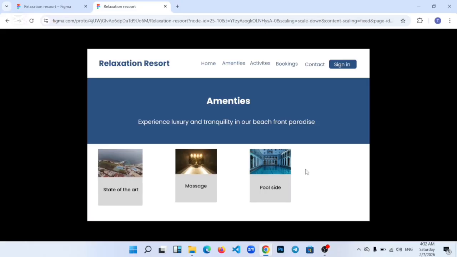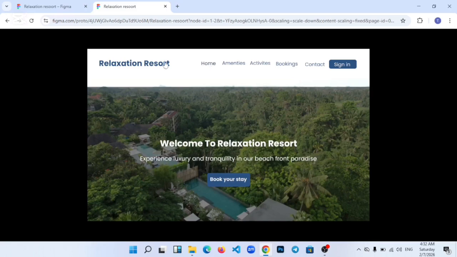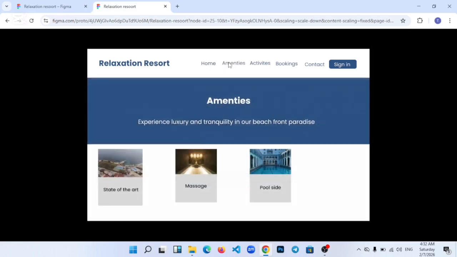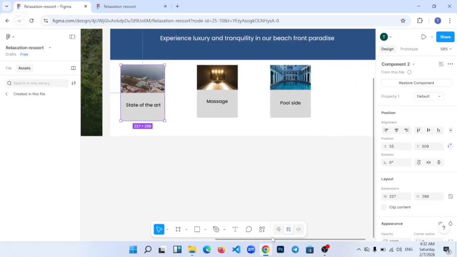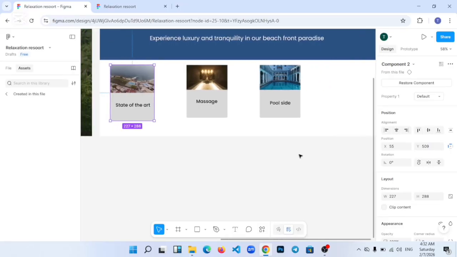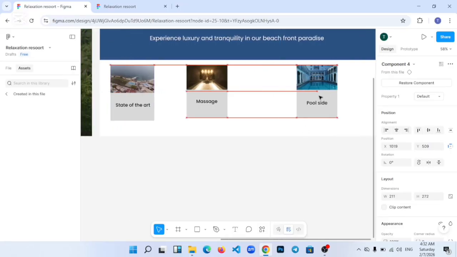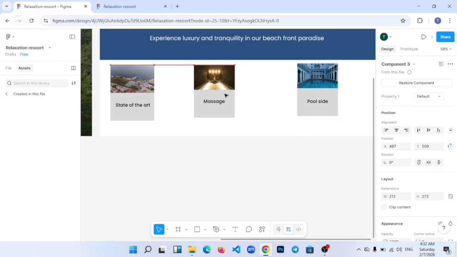Can you see the stroke effect? That's the stroke that shows at the corner here. You see? That's the stroke. It's just a very tiny one. I want to go back to this. It's still there. Come to amenities. It shows. So all we just have to do is just balance this where it should be from this point here. Just balance it very well. You see, that's the space we are seeing there. So if we adjust this,